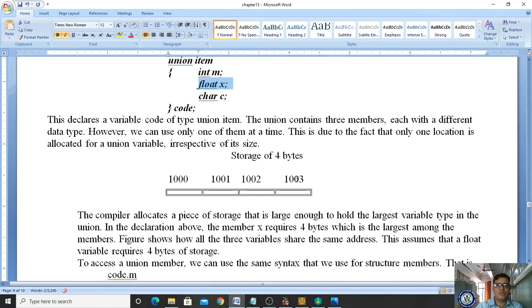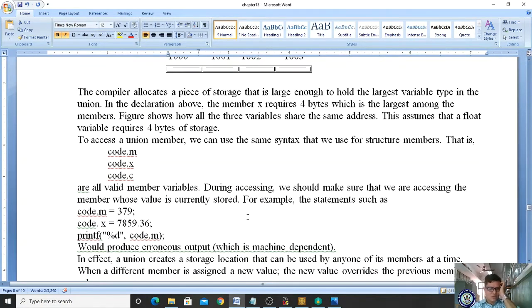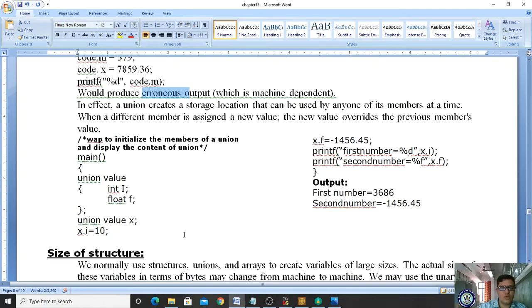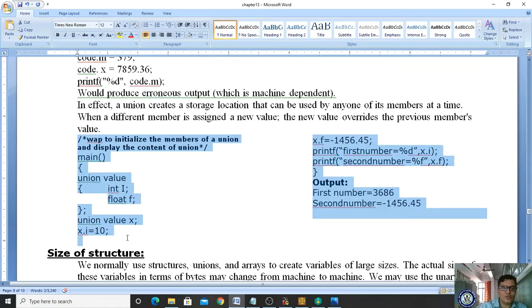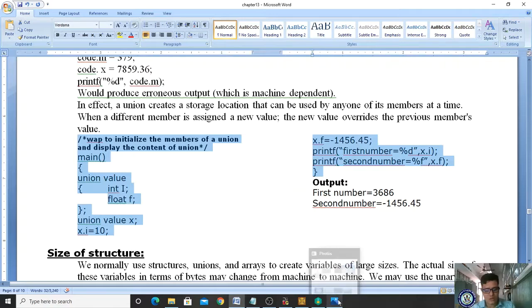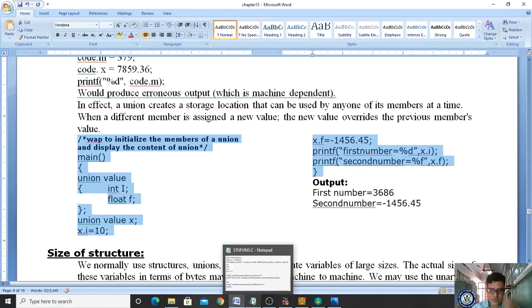Here it is showing the same thing. Code.m is equal to 379. You are storing code.x is equal to 7589.36. If you try to print code.m, it shows erroneous output, nothing but garbage values. Let me show you this simple program and you will understand what happens.